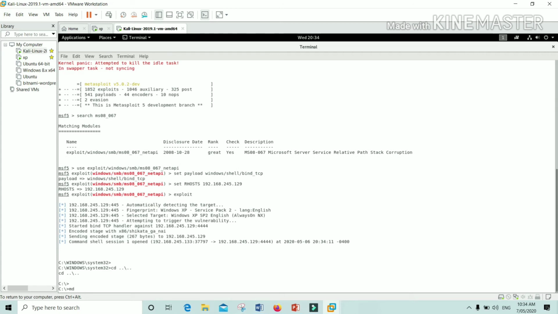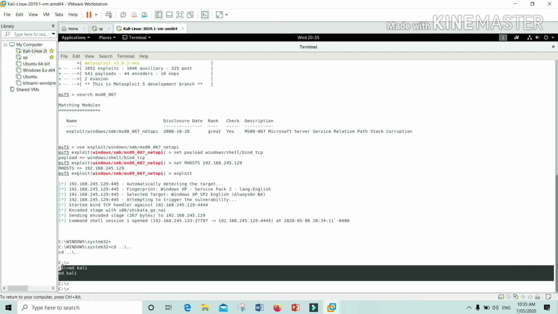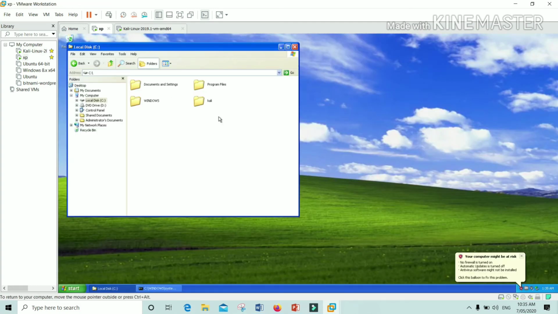Make folder Kali. Just now I have created the Kali folder. Let's go and see whether it is created in XP or not. Yeah, here you can see that the folder is successfully created. That means the attack is successful. We have exploited the Windows XP.